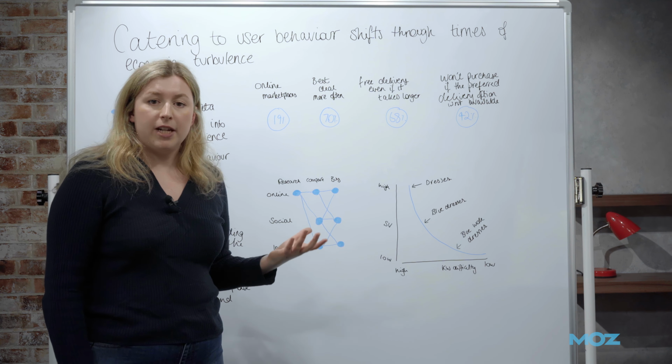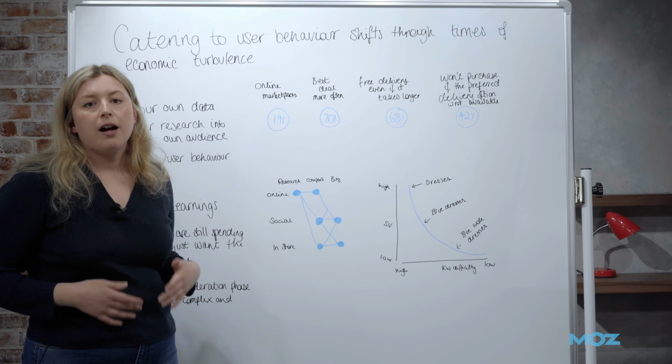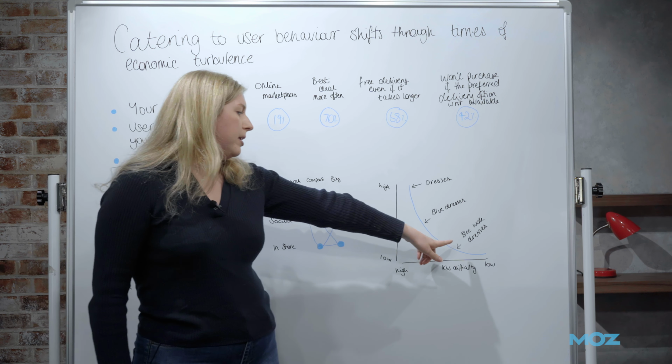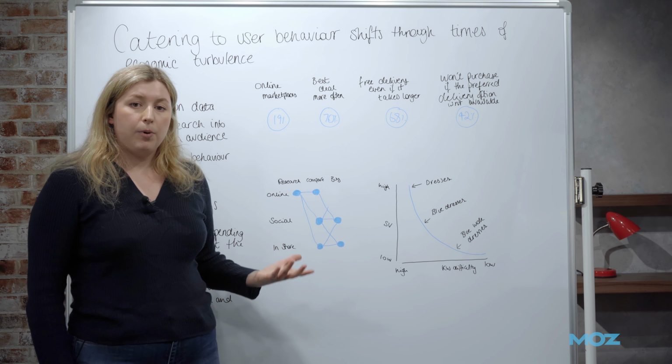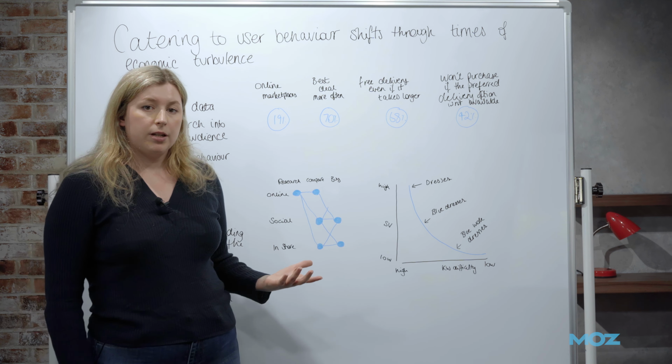So going back to this, if you haven't indexed blue work dresses, you're taking yourself out. So when somebody goes online and they're looking for what you have to offer, let's say they've gone for dresses, then go in store and they found one they want, but they can't remember what it was. So let's say they just type in blue work dresses. You won't come up if that isn't indexed. So this is really important and a really nice strategy for actually catering to how this user behavior is changing during times of economic turbulence. So that's the main tactic that we're going to talk about today.